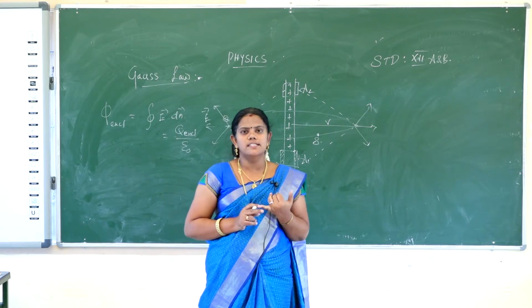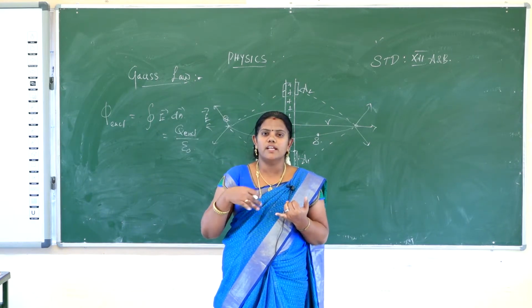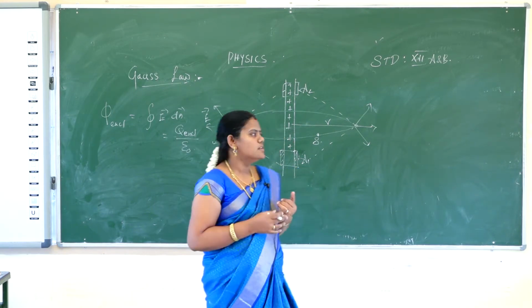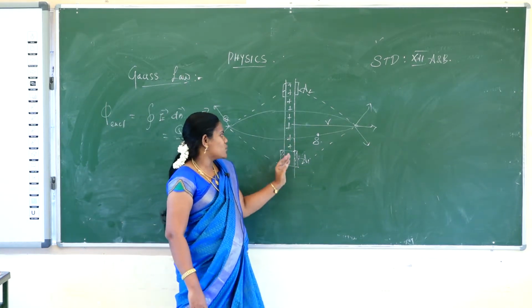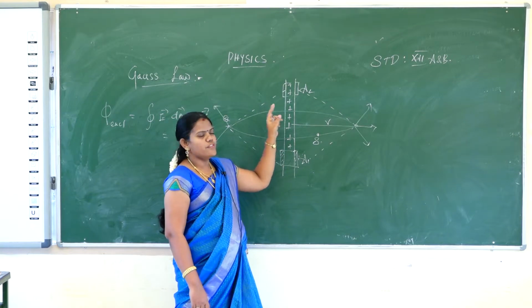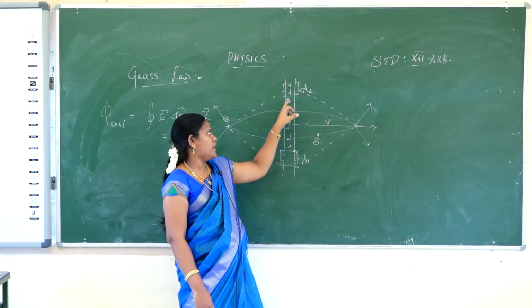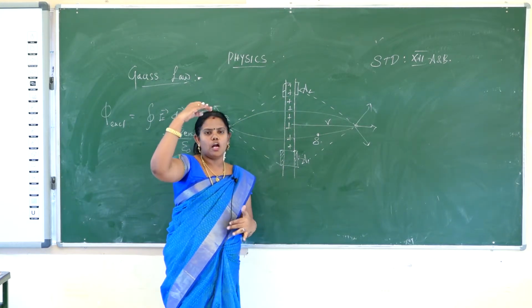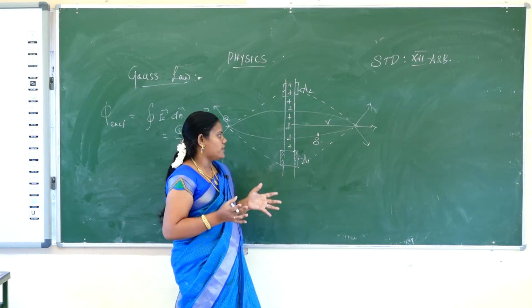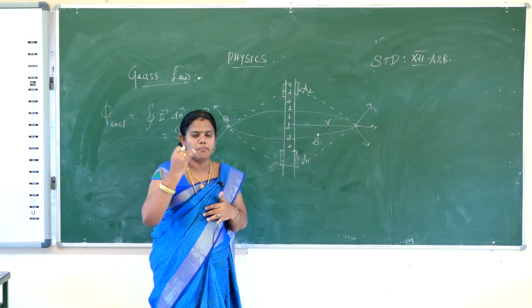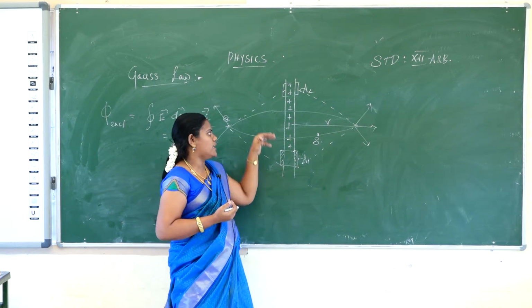First, we will consider the infinitely long straight charged wire. The charged wire has three surfaces. First consider the two areas, A1 and A2, at the top and bottom of the infinitely long charged wire. We take a charged wire with two end areas, first area A1 and second area A2.